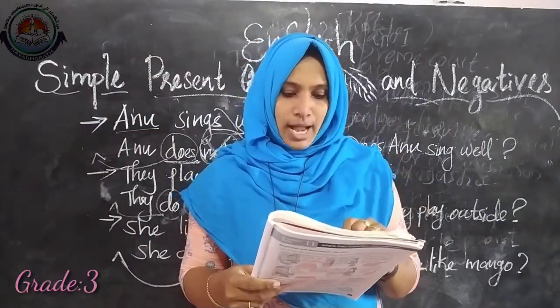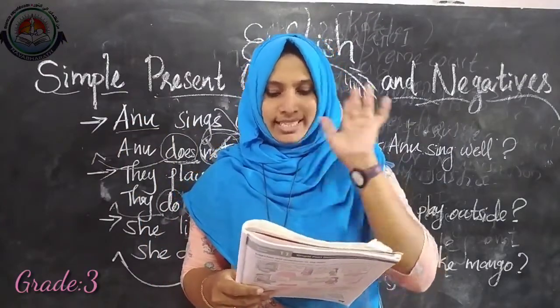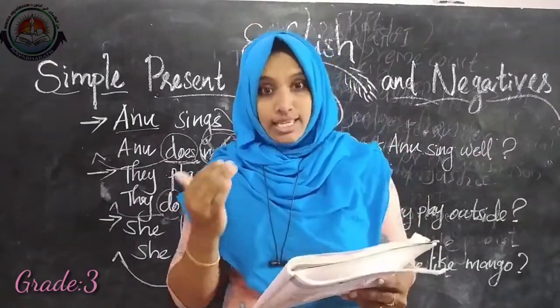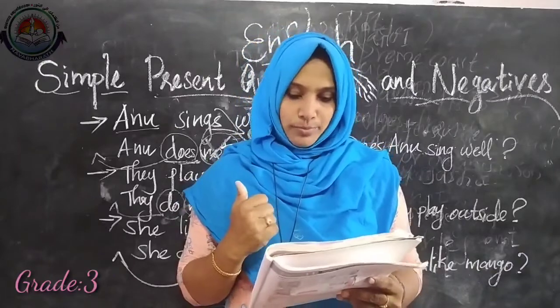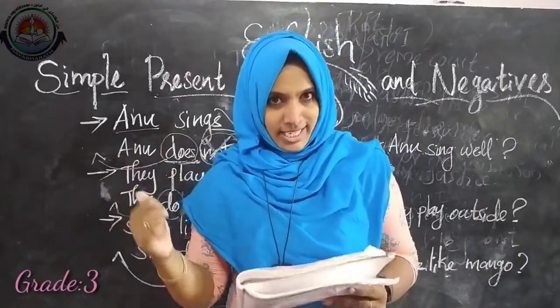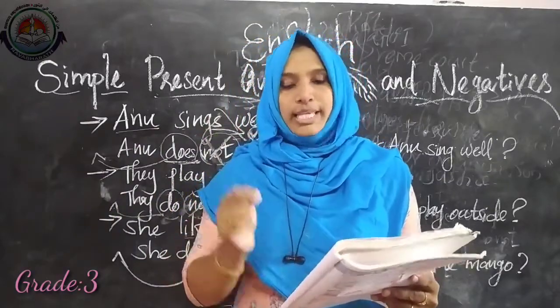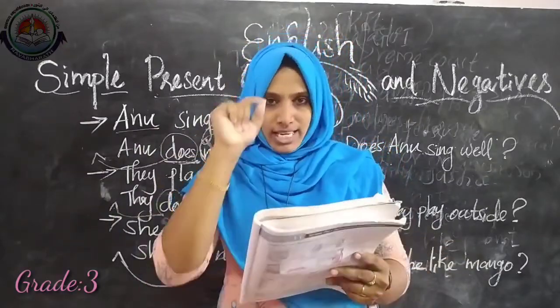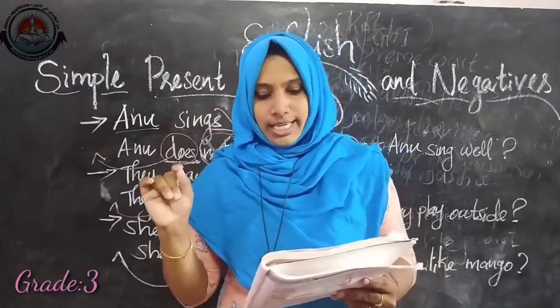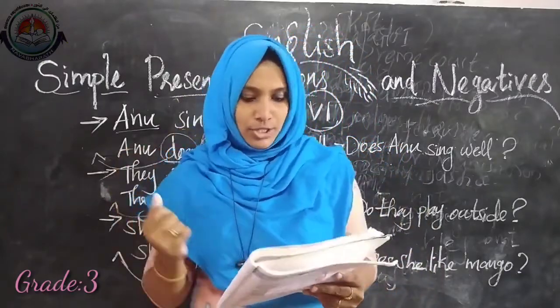Then B, Sam dash like playing dash. Look at the picture. What is he doing? Yes, he is playing games on his phone. So here Sam is asking Molly, dash like playing. Yes, do you like playing games on your phone? So the answer will be no, I don't like playing games on my phone. Like that you can do it.